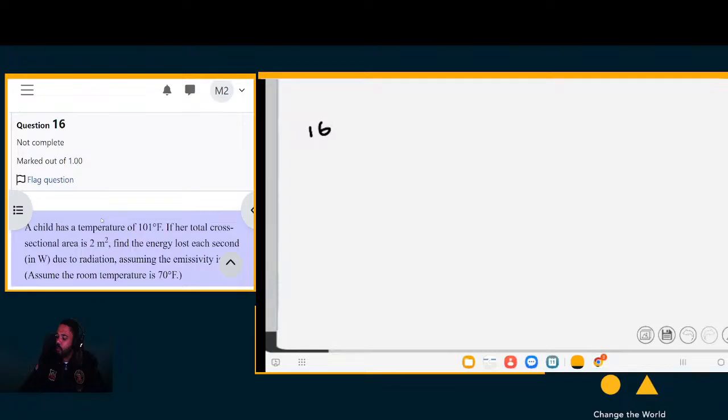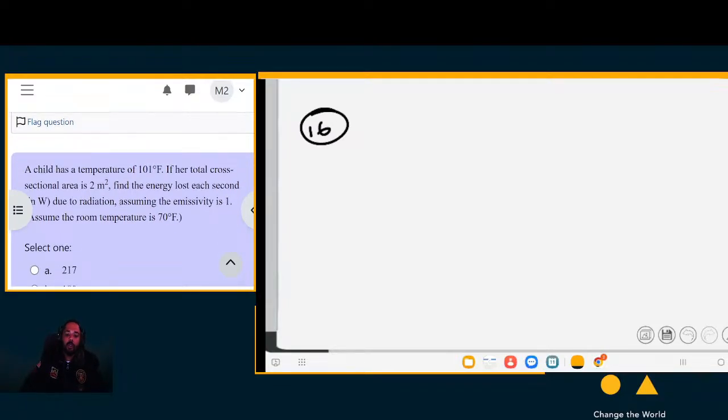Question 16. A child has a temperature of 101 degrees Fahrenheit. Okay, so this is a radiation problem. Heat is being lost. If her total cross-sectional area is 2 square meters, find the energy lost each second in watts. So her power due to radiation, assuming the emissivity is 1, assume the room temperature is 70 degrees